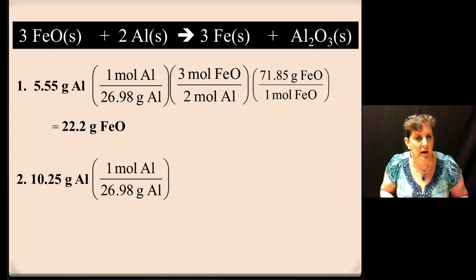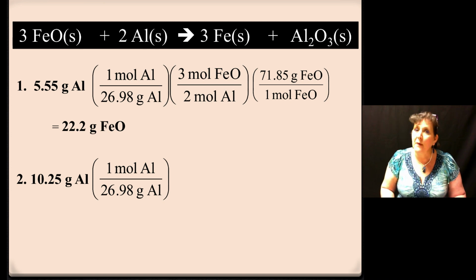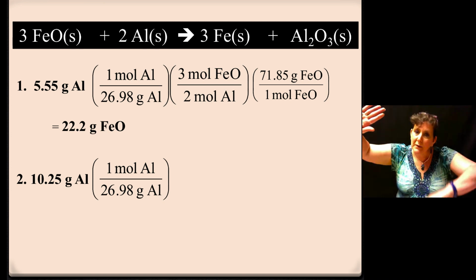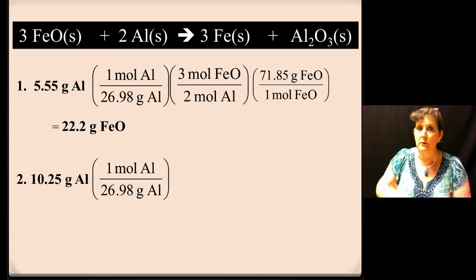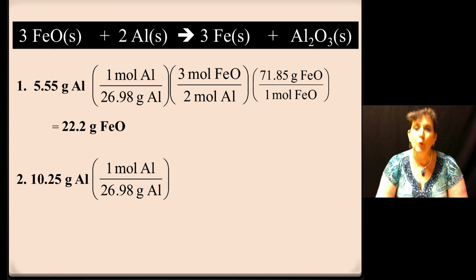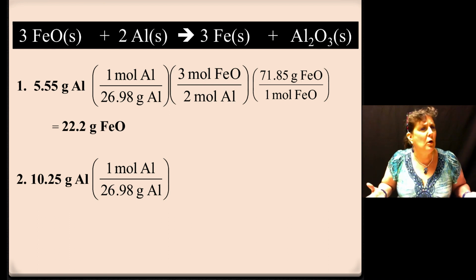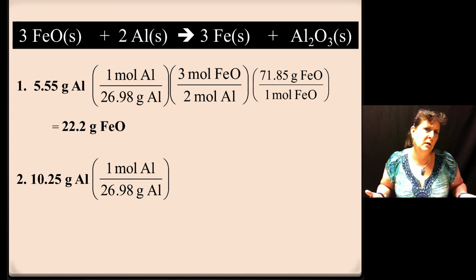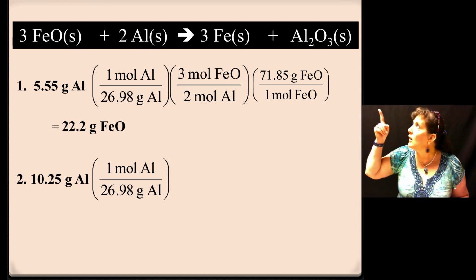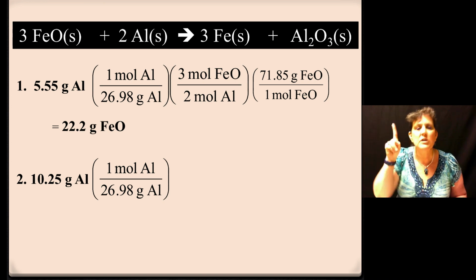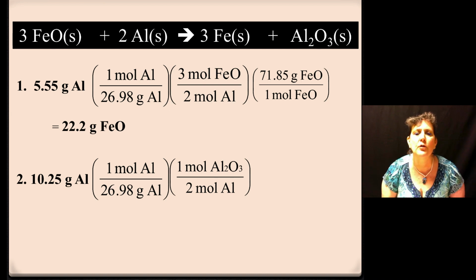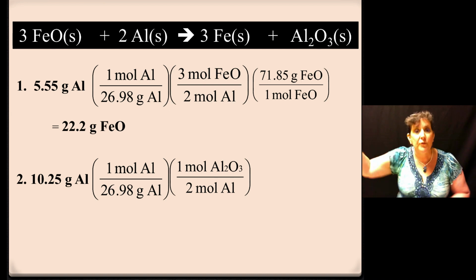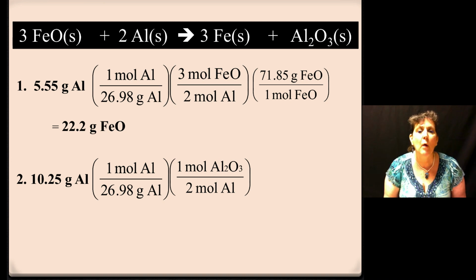We got our moles. We're ready for the mole ratio. What moles has to be on the bottom? You're right if you said moles of aluminum, because we need moles of aluminum to cancel out. How many aluminums are in the balanced reaction? 2 of them. Okay, so 2 moles of aluminum's on the bottom. What chemical were we finding in this question? Oh yeah, aluminum oxide. How many Al2O3s are there? Just 1. So our mole ratio is 1 mole of aluminum oxide over 2 moles of aluminum. Moles of aluminum cancels out. Now we have moles of aluminum oxide.